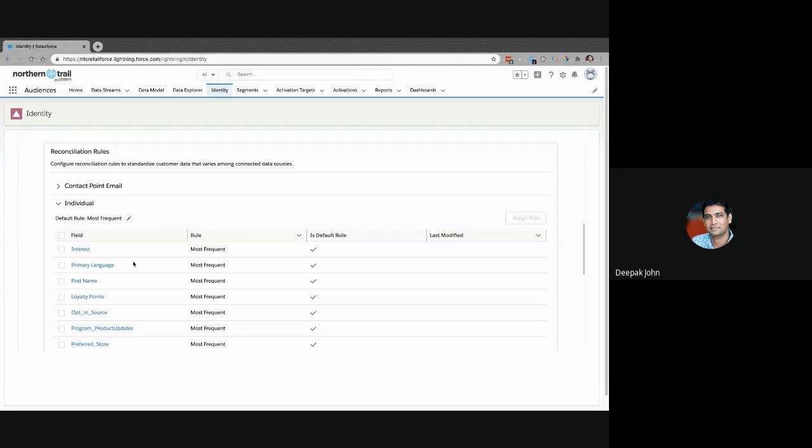This is where the reconciliation rules come in. And we can define various different strategies, the most frequent, the latest one, and so on. In this case, for example, primary language, there we go, most frequent one. So if you've got 4 systems that give you the primary language as English and 1 system giving you the language as Arabic, you can ask Salesforce's CDP solution to say, for the purposes of building that golden record, I am going to take English as the truth. Because 3 systems have told me English, 1 system hasn't, so aggregated all of that, it's going to be English.